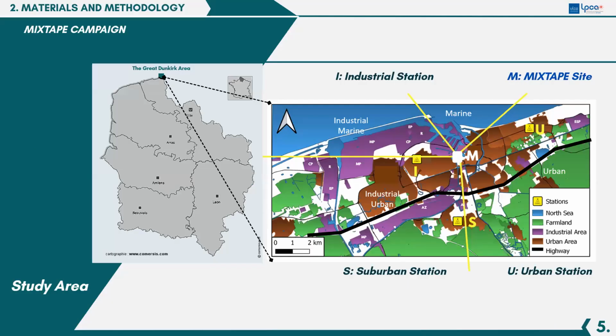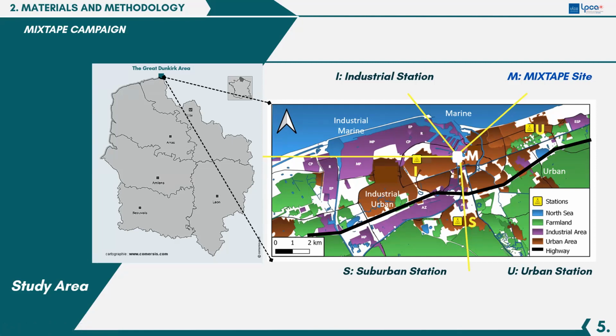So the Great Dunkerque area is a highly industrialized and urbanized agglomeration located in the northern France region. In the figure, this map shows the Great Dunkerque area, where you can see urban or residential areas in brown, located nearby industrial areas in violet. And this is surrounded by several farmlands and agricultural sections in green. So this city is